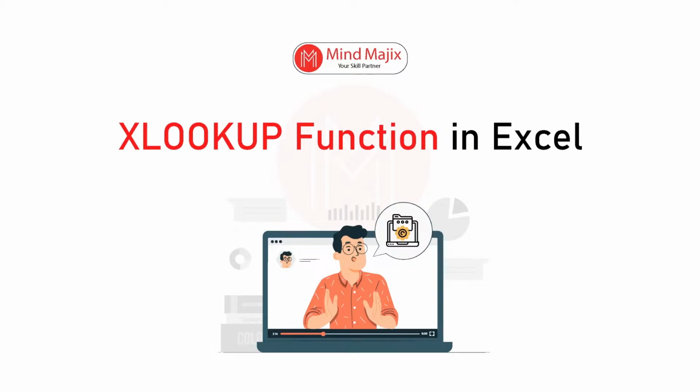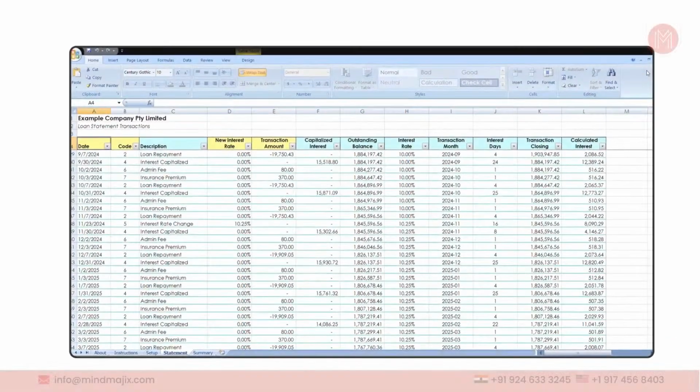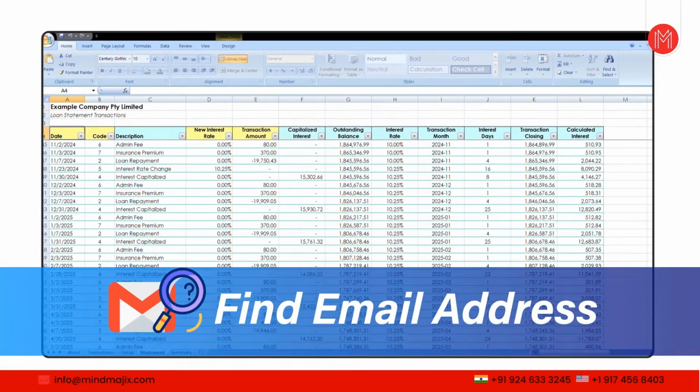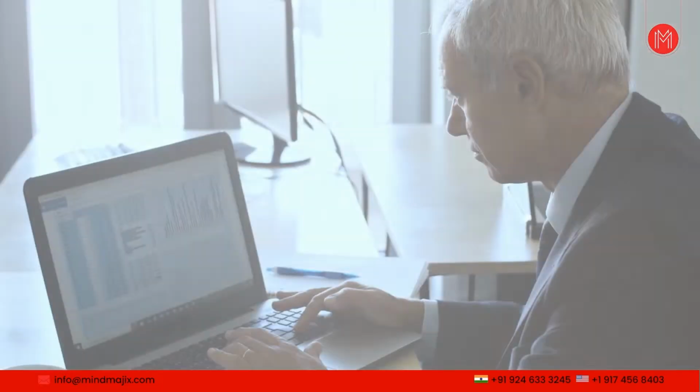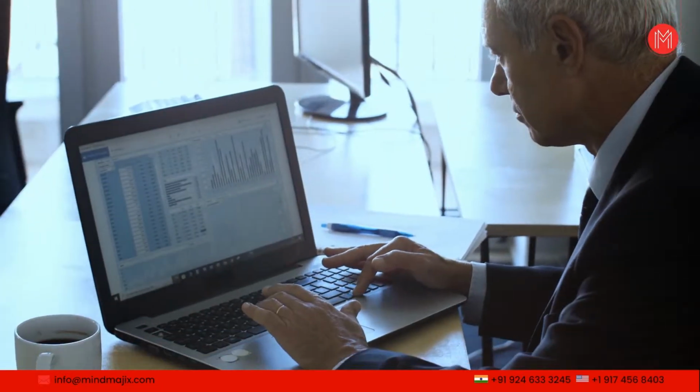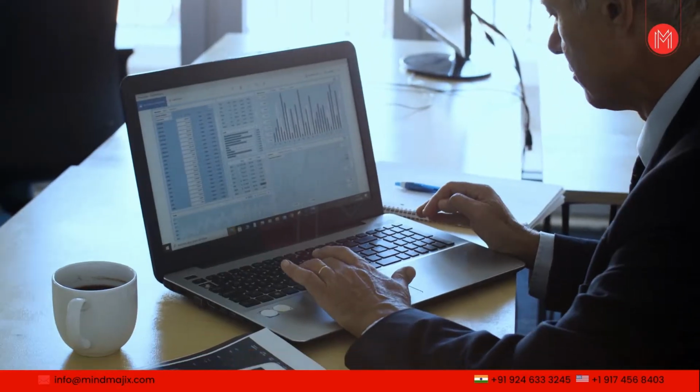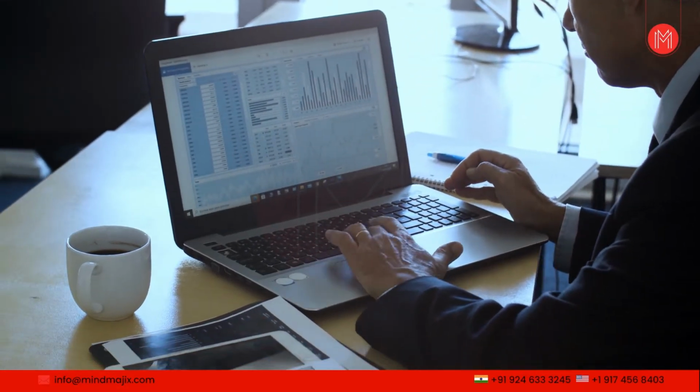Now, in this session, we will learn one of the most important functions of Excel, which are the lookup functions. So in this particular session, we will learn about the XLOOKUP function in Excel. Imagine you manage a bank loan database and you need to find out the email address of a customer. The routine approach is to manually check each and every row, provided the data is comparatively small. Given a situation where you have thousands and lakhs of rows, instantly you'll feel the data piling up and stress